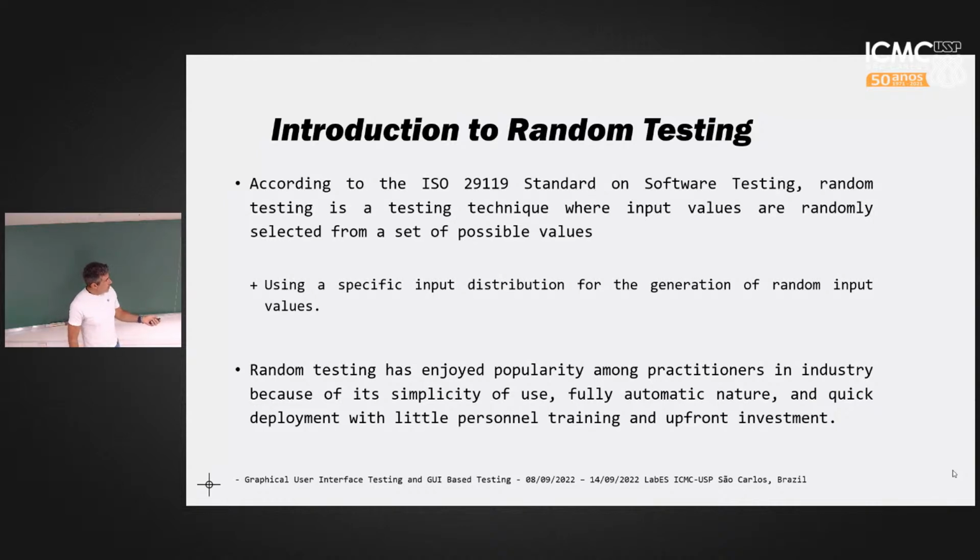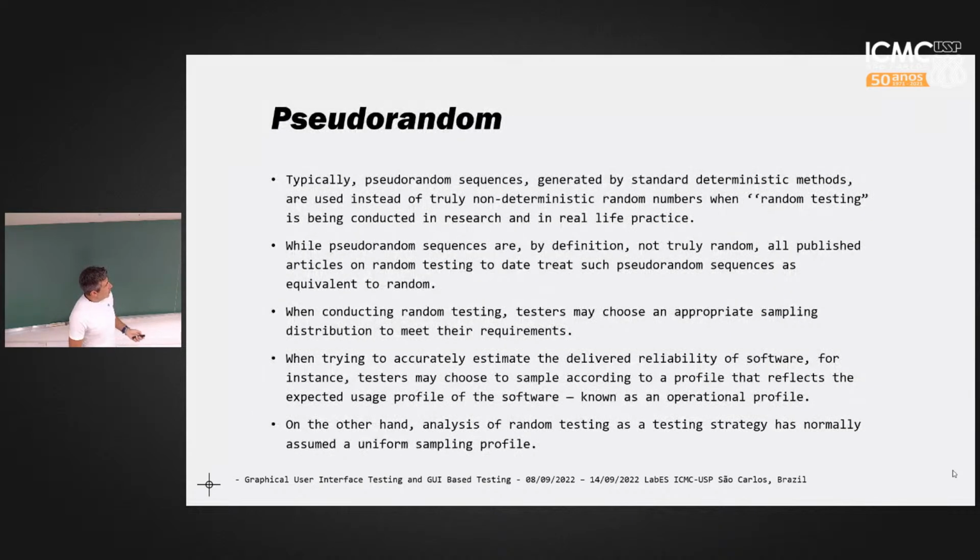This is why random testing is very popular among practitioners in industry. Industry uses random testing a lot for different goals, as an example for vulnerability testing, for prediction testing, or in some cases for functional testing. Okay,